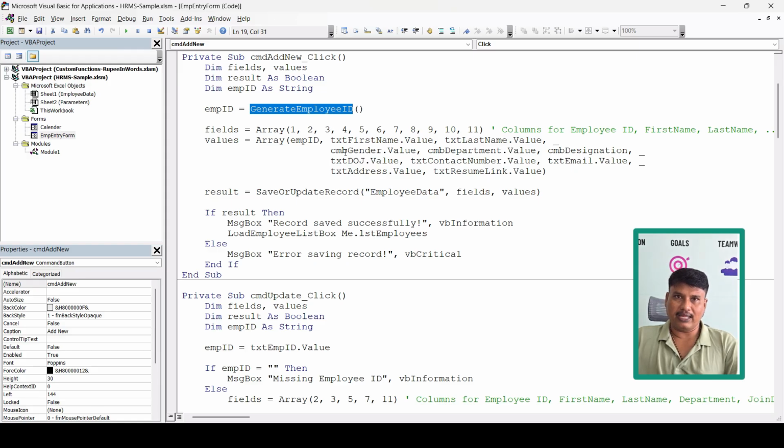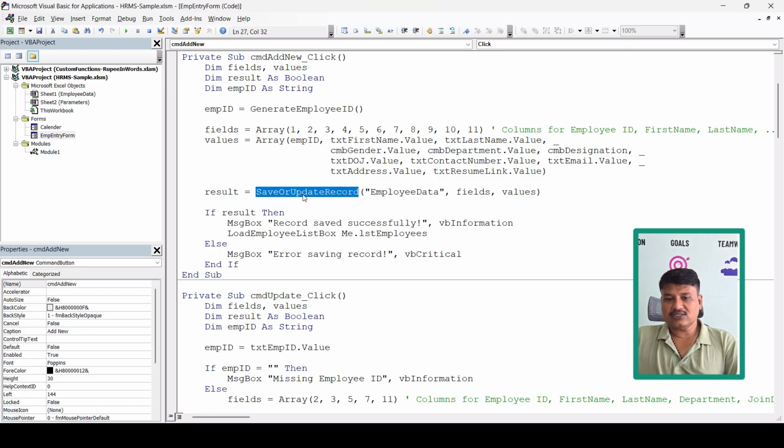For example, employee 000 15 16 and so on, and these are the values that we are passing in a function. This is the field. I am sending the column numbers over here. It is from 1 to 11 number of columns, and according to the column we are passing the values in that particular fields. So first is employee ID, second is first name, third is last name, and so on.